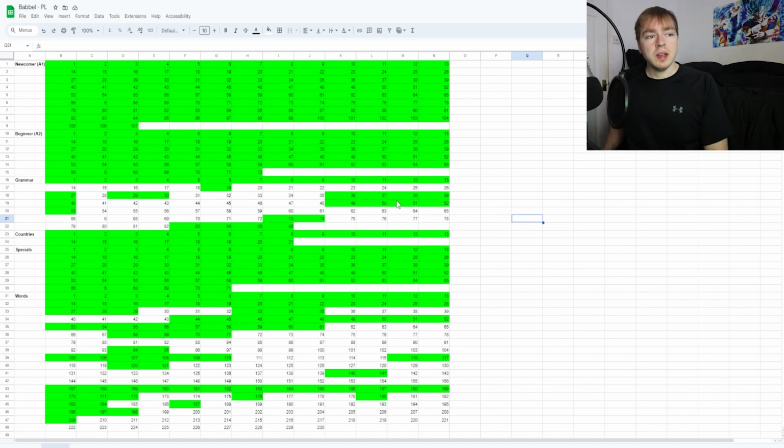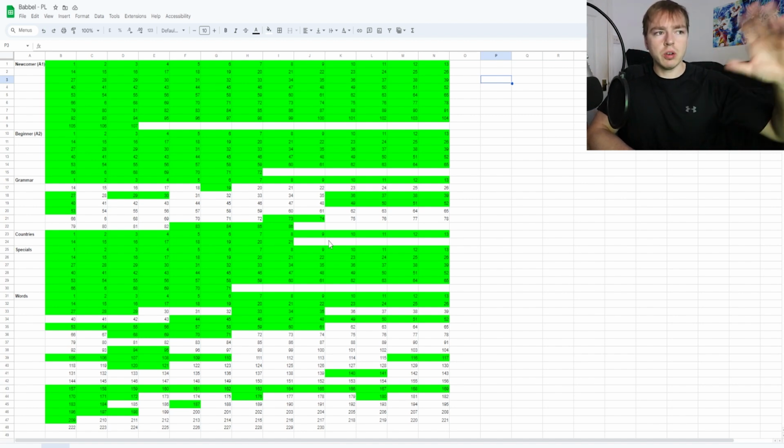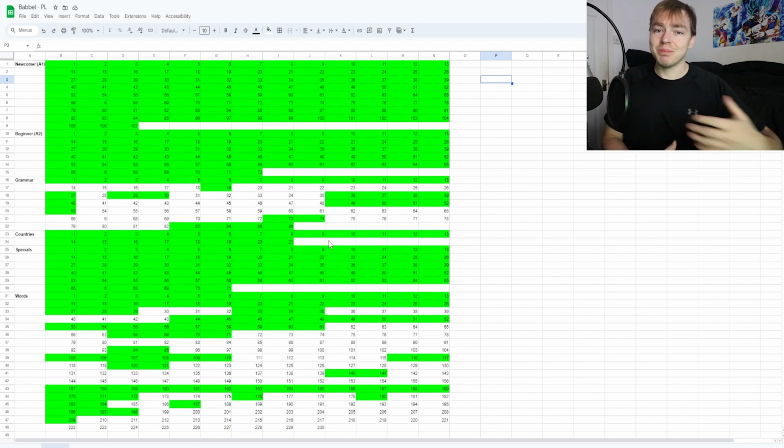But with the Polish one, I'm looking at it now and I'm thinking I've done quite a lot. I've actually done a decent amount of progress, and I've completed more than I haven't. And I don't know if there's a way for me to put a function in on the right hand side to show the amount of green boxes compared to the amount of white boxes or something like that. Maybe, I'm not sure if I could do that, but I can visually see there's over 50% of the screen filled out with green highlighted boxes, which means that they are completed lessons that I've gone over at least once.